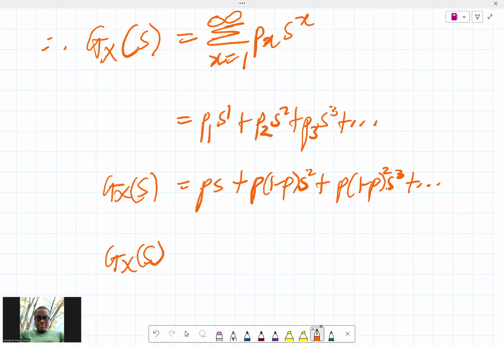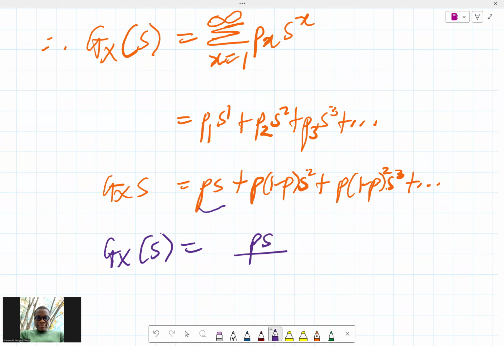gx of s, if I can change this now. So we basically see here that gx of s now follows a pattern. So it's 1 minus p times s. So we have a common ratio. This is the first term, ps. Together, the next term we multiply by 1 minus ps. So it's more like the common ratio is 1 minus p times s. So the first term is ps, and then this is all over